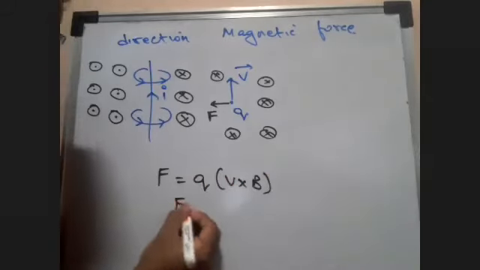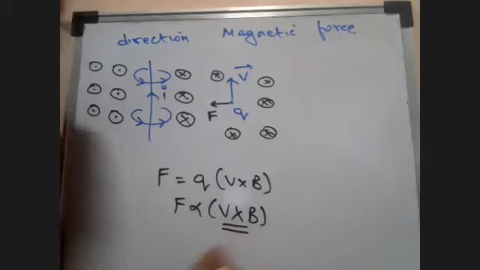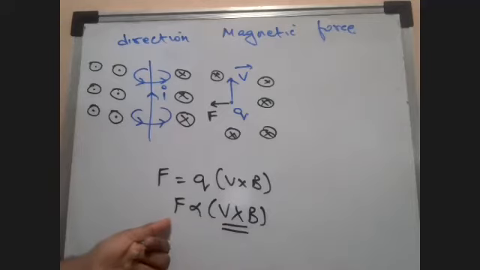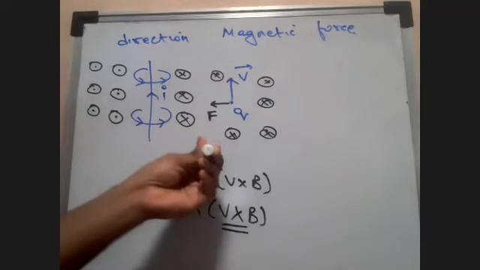Basically, force is proportional to V cross B. And how do we apply V cross B? To find out the direction of the force, we apply the right hand thumb rule across V cross B. Yesterday only I taught this. So if the magnetic field here is inside the plane, inside this board,